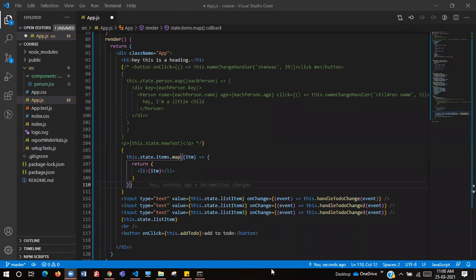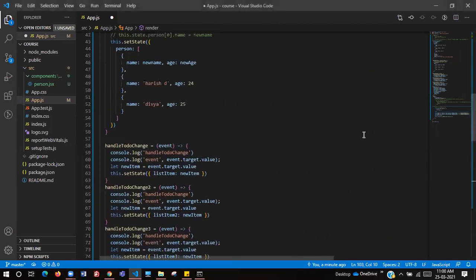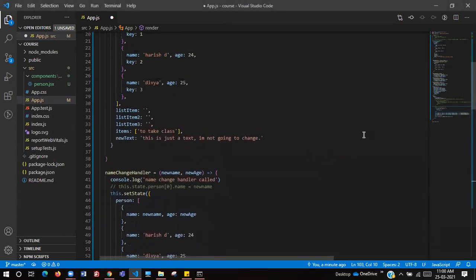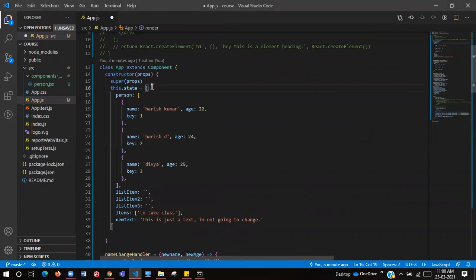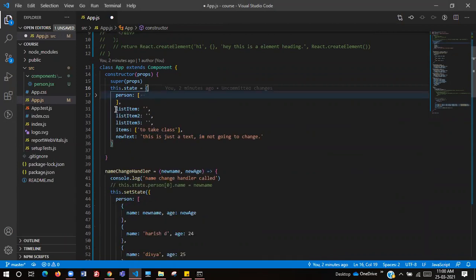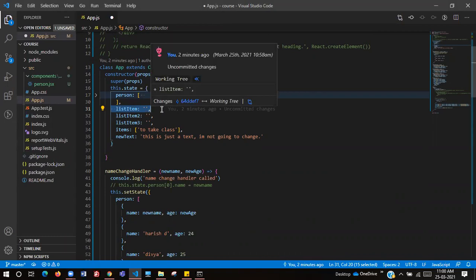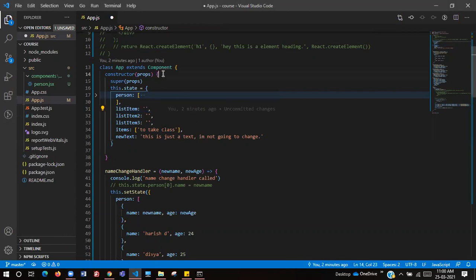Oh, you are, see, while declaring the state, you need to declare the items inside that state object, guys. See, inside this state object, we have a person's array and list item input empty string. Divya, this is your screenshot, right? Yes. So you have declared it inside the constructor, but it's not that.